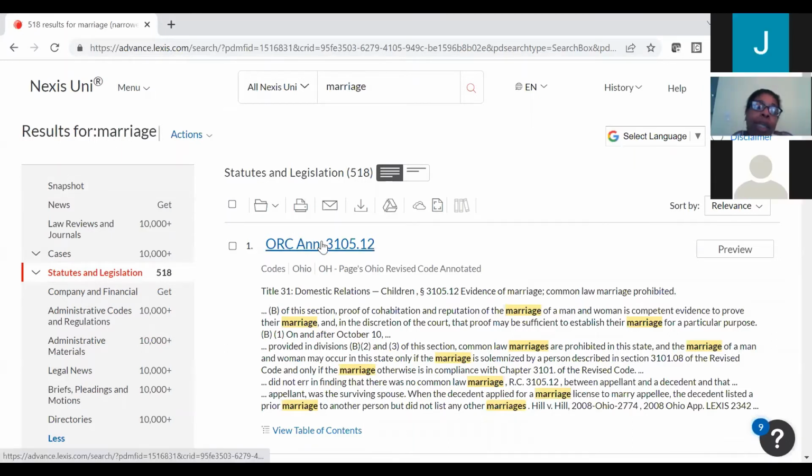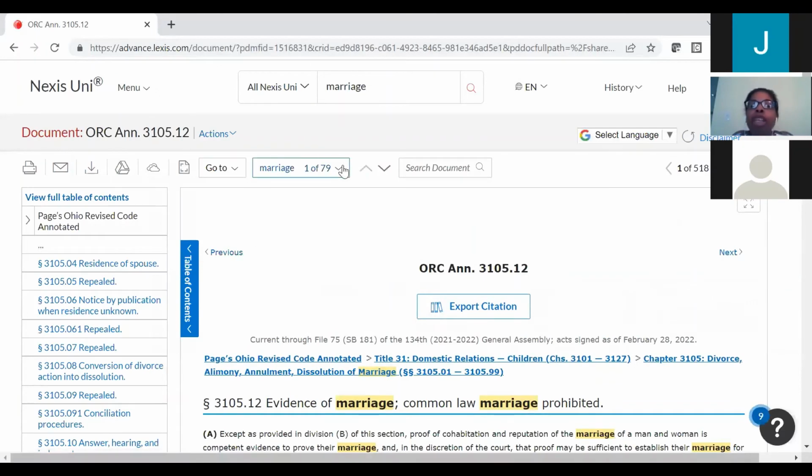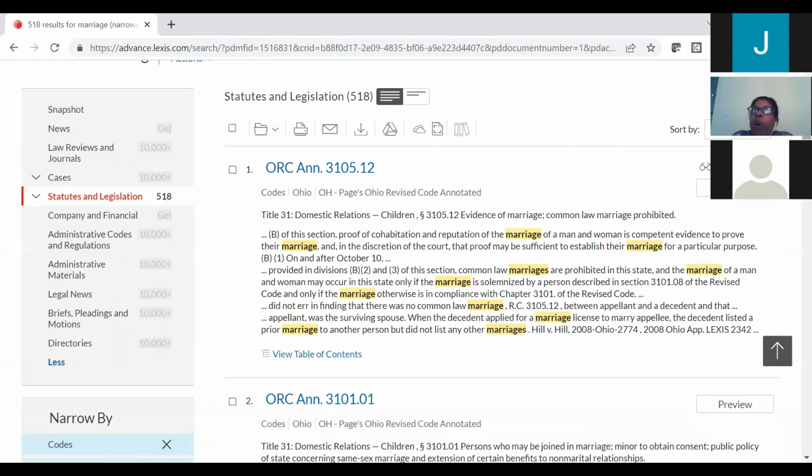It's a blessing because we can say to the system, go out and retrieve every single statute that mentions marriage, where marriage is mentioned 79 times, which means it's probably going to be about marriage,